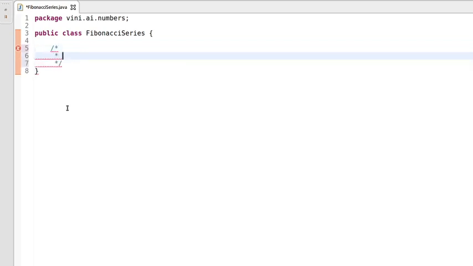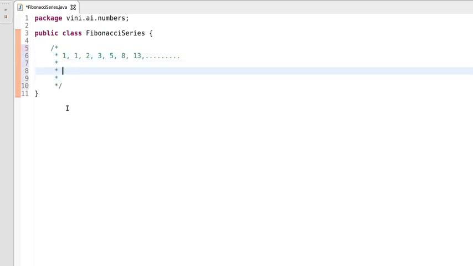program. So we have the Fibonacci series as 1 1 2 3 5 8 13 and so on. So the logic which we are going to use in this program, let's discuss that as well.